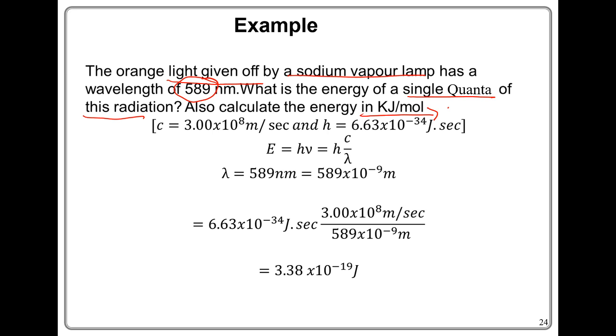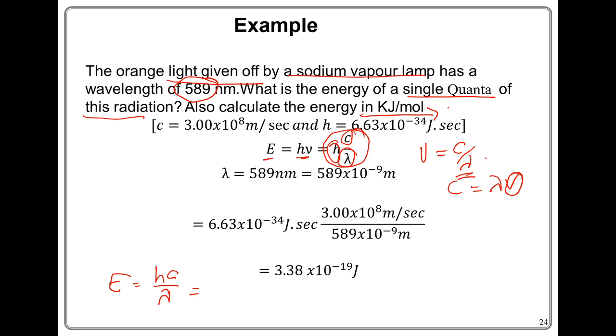Then what we've been given is basically the wavelength. Then you know E is equal to hν. Then ν is equal to c divided by lambda. So you substitute for ν in this equation, and this is what you have. h is Planck's constant. c is the speed of light, it's also a constant. Then lambda has basically been given. So from here, what we have is that energy will be equal to hc divided by lambda, which is equal to